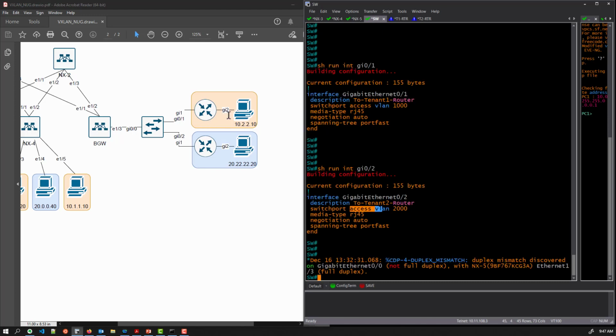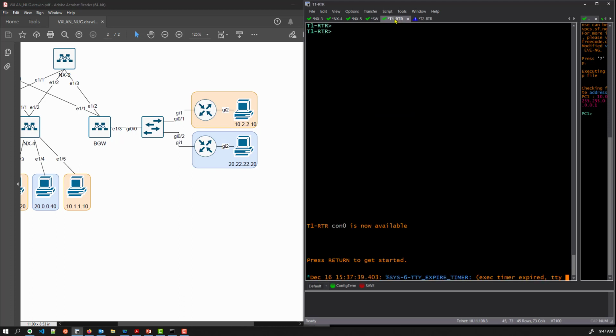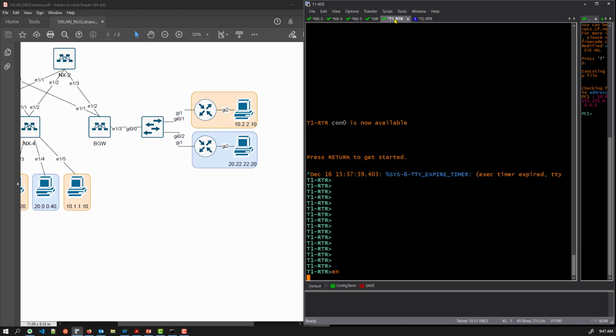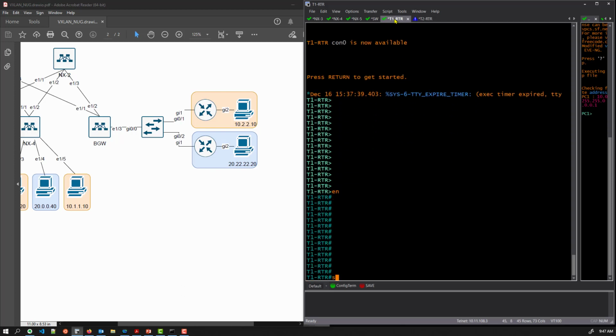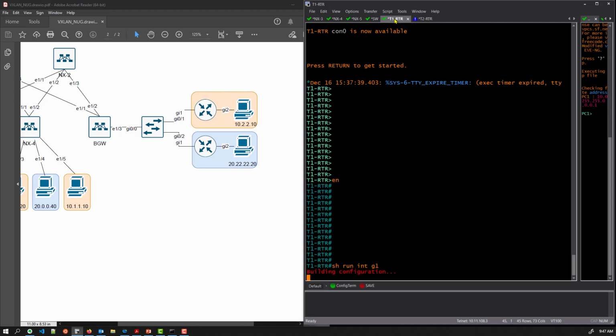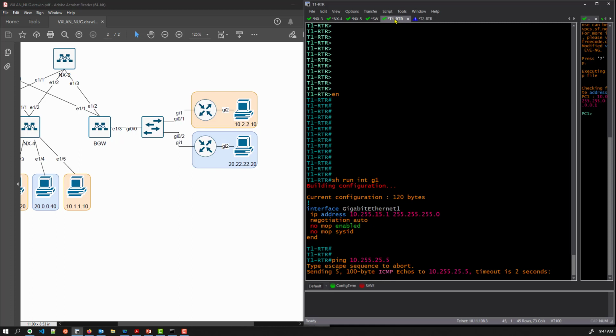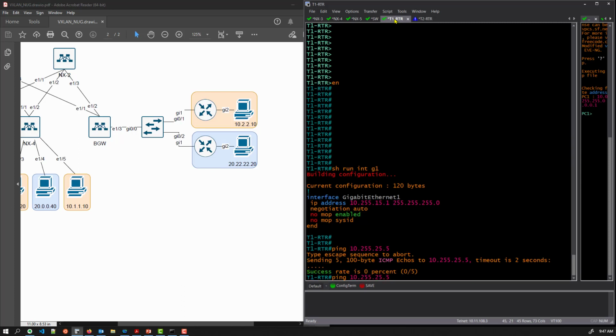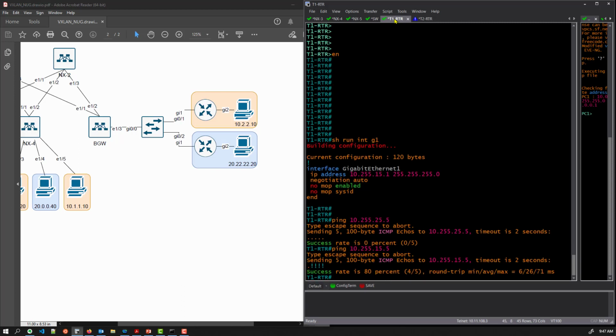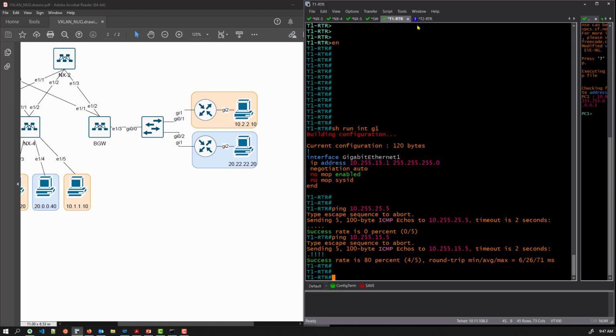So that's a simple configuration. So let's look at tenant router 1. I've done nothing on tenant router 1 except put IP addresses on there. So if we look at gig 1, there is the IP I put on there. And so at this point, we should be able to ping the Nexus 1/3.1000. Oh, I typed the wrong IP there. There we go. Okay, so our layer 2 path for orange is good, and we should be able to do